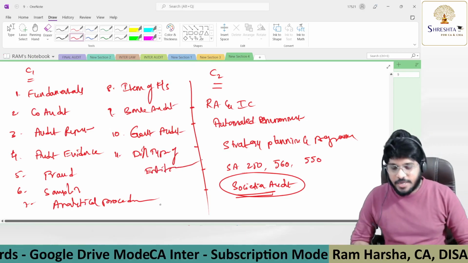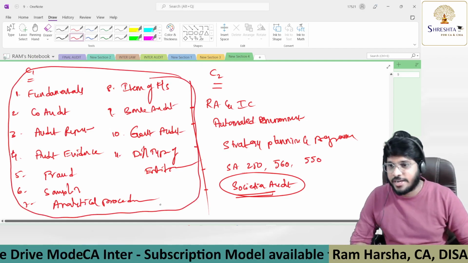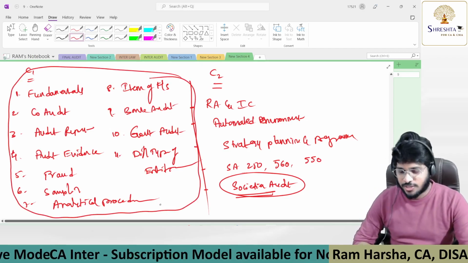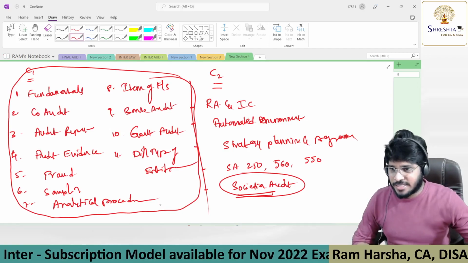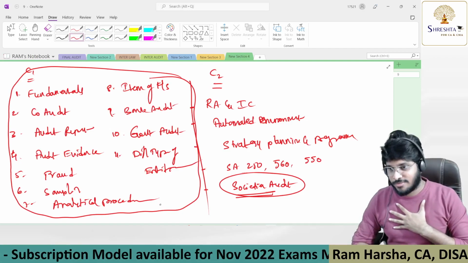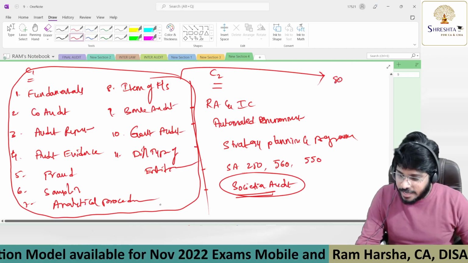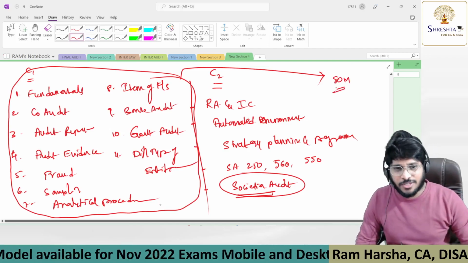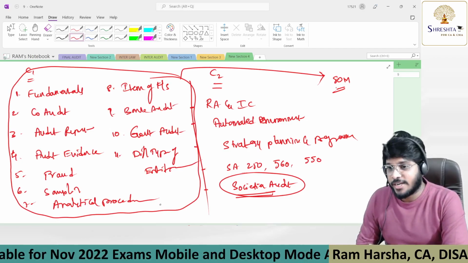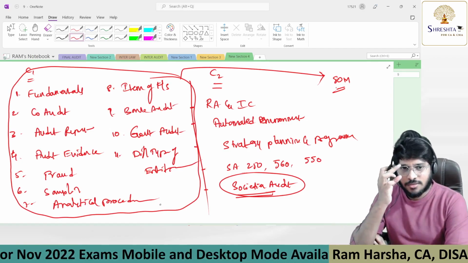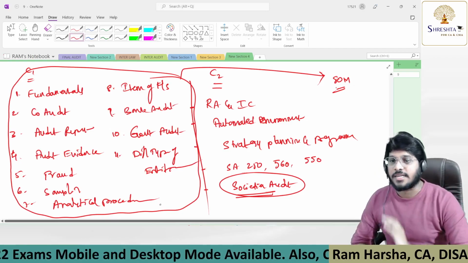And believe me, if you revise these chapters for sure without any failure, if you revise these chapters at any cost, you can easily qualify the exam. That I can assure you. If you just cover category 1 chapters, I will damn sure bet you will attempt minimum 75 to 80 marks for sure. So that's about auditing and assurance category 1 and category 2.